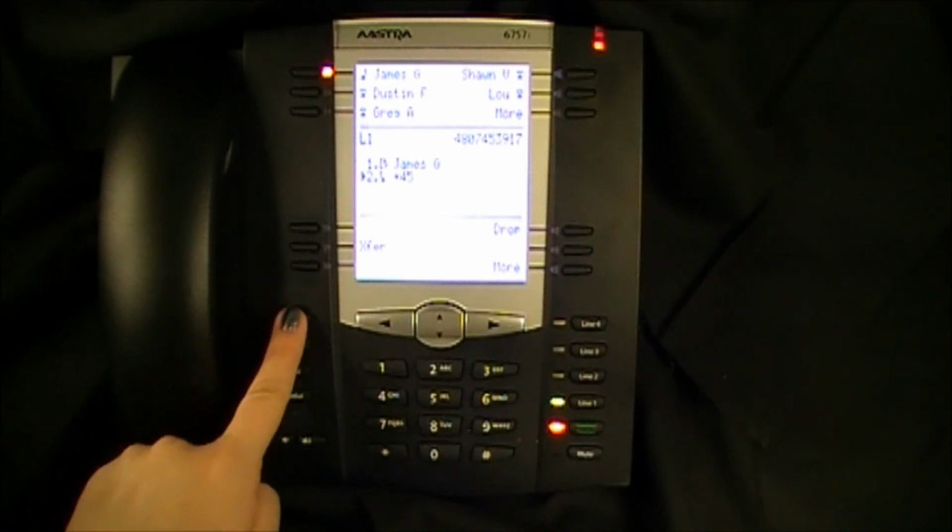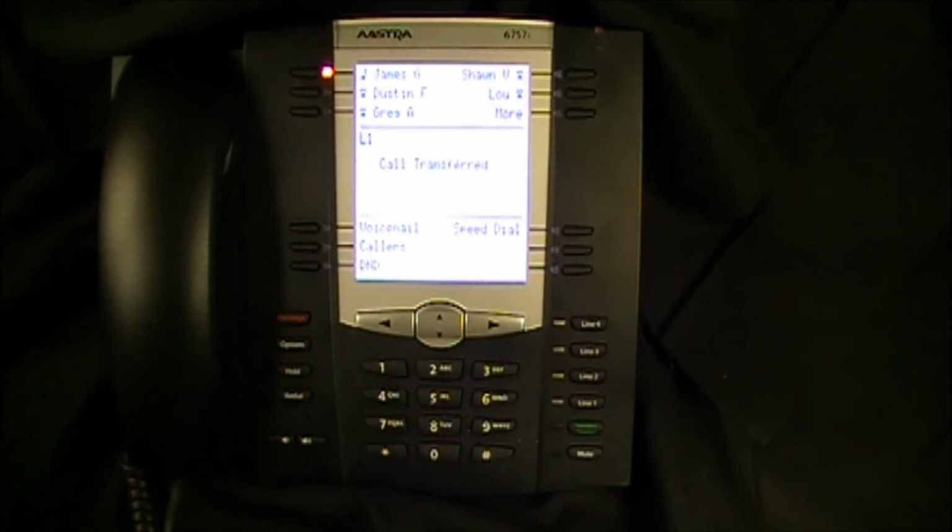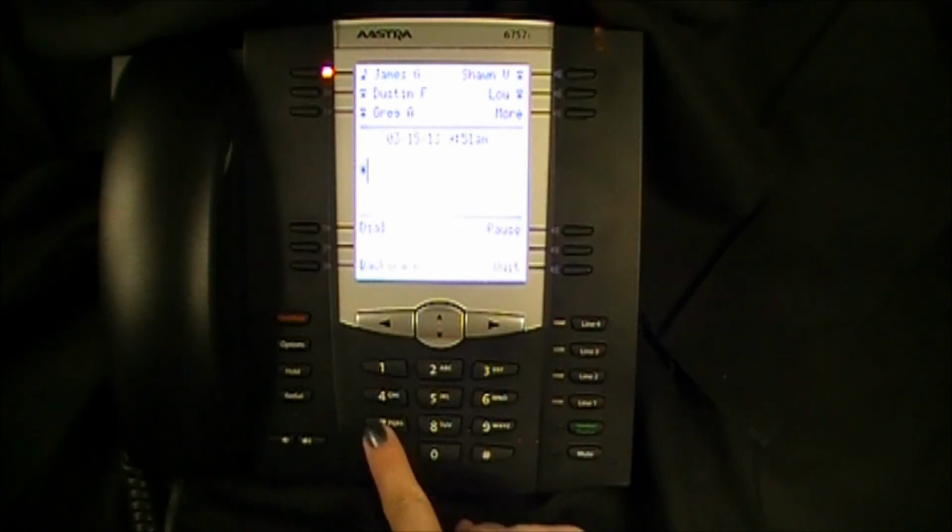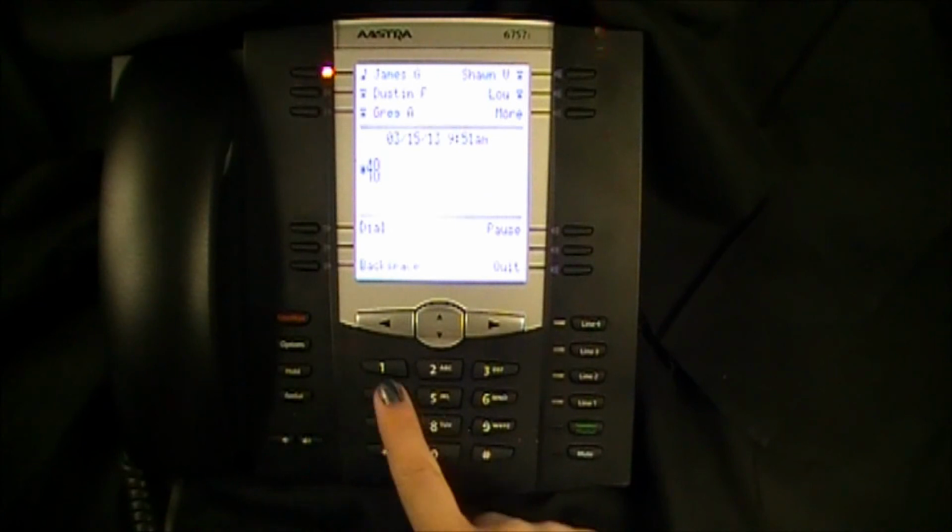Your call will be parked on orbit 101. Please complete the transfer now. Press the goodbye key. Now, to retrieve a parked call, you will dial *48, followed by the orbit number that was